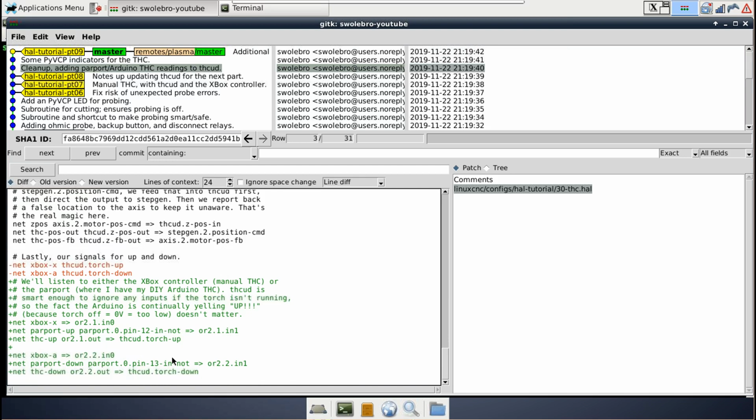THC do its thing, right? So that's already sitting by the plasma table. I've got it wired up between 2 pins on the Arduino, and then pins 12 and 13 on the parallel port board. So as I showed in that